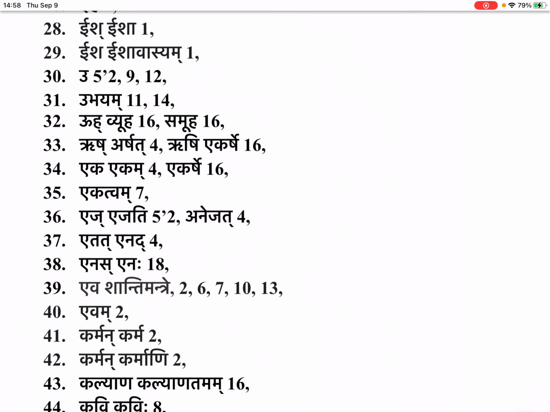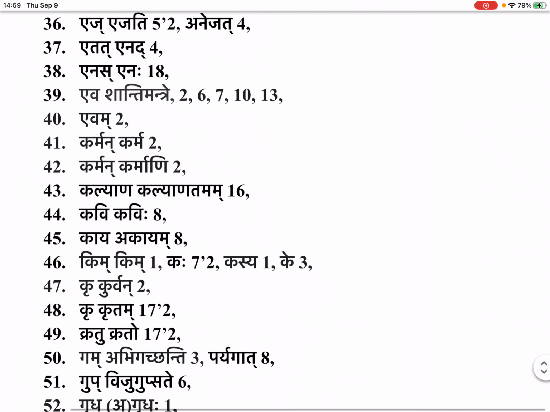Now, Ishavasyam. One component is Isha. If we split it as Isha Avasyam, Ishena Avasyam. And if we split Ishavasyam as Isha Vasyam, two separate words, then Isha relates to the noun Ish, Ekatvam, Eja. So I have done detailed understanding of the word and its pratipadikam.